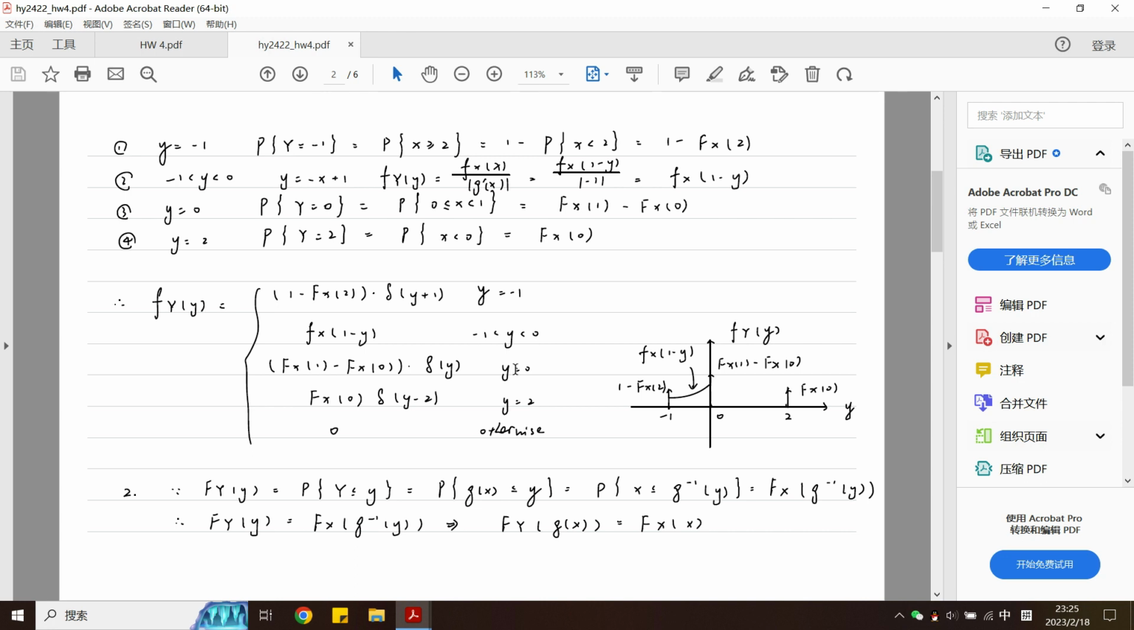So the formula of small fy is that when y equals to minus 1, it will be 1 minus big Fx(2). When y ranges from minus 1 to 0, it will be small fx(1 minus y). And when y equals to 0, it will be big Fx(1) minus big Fx(0). And when y equals to 2, it will be big Fx(0). Otherwise, small fy will be 0. So we can also use this information to draw the figure of small fy. So when y equals to minus 1, it will